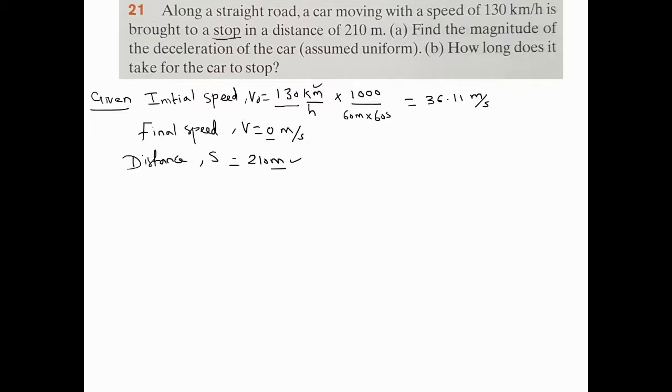Now what is this distance? Your distance is nothing but the displacement of the car. Here they are just saying about the displacement. That means it is exactly x minus x naught. Your x minus x naught is s, which is nothing but the total distance covered by the car. So first we have to find what is the deceleration. So to find the deceleration,